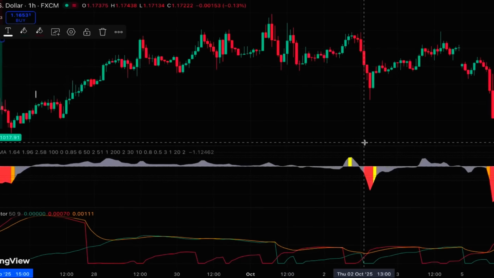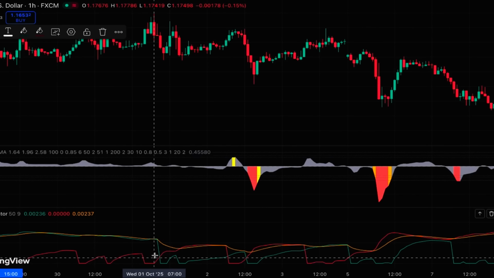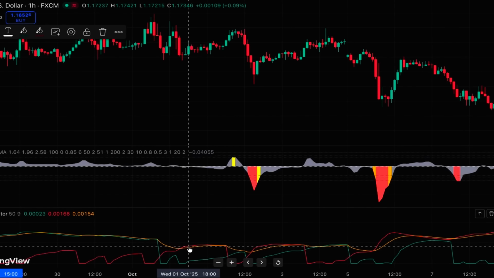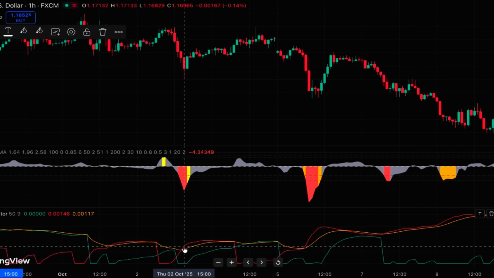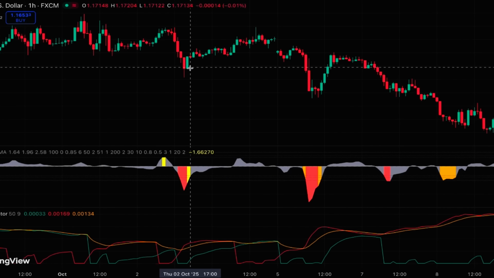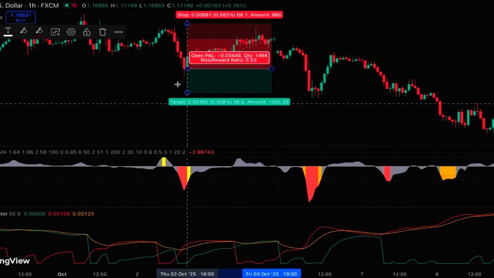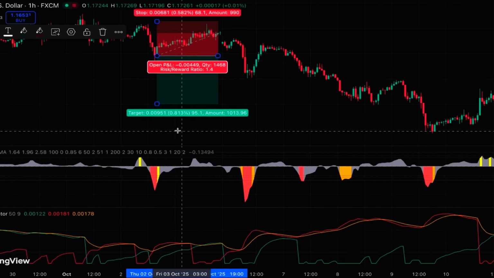Moving on the chart, here you can see that we have a short position setup. You can see that the red line crossed above the green line and then it crossed above the orange line at this point, but the histogram is gray. So this sell signal here is rejected, and after that we have another short position setup and this sell signal here is confirmed because you can see that the histogram is below the center line and the color is red. So in practice we could enter a short position at this point with the stop loss above the previous swing high and profit target at 1.5 risk to reward ratio, and you can see that this trade was also a